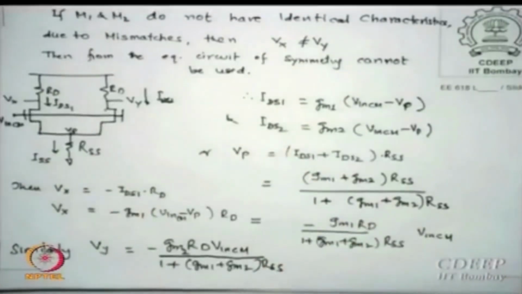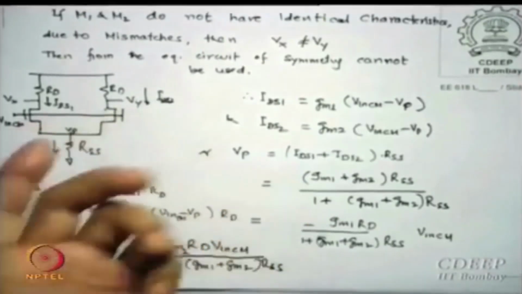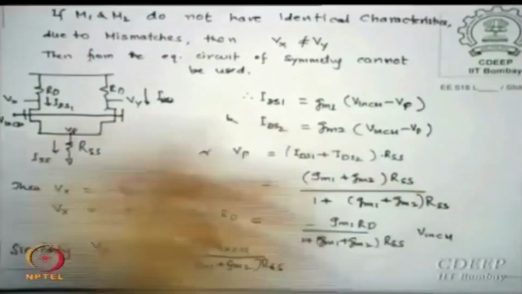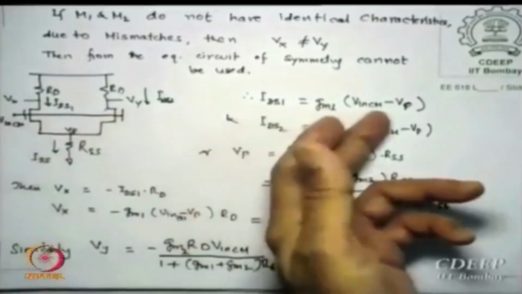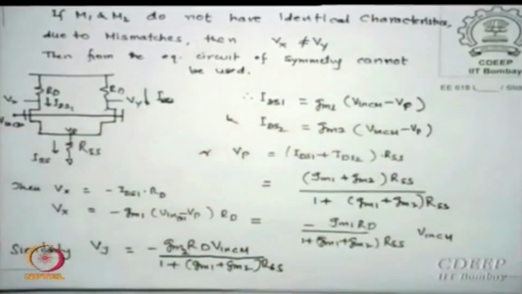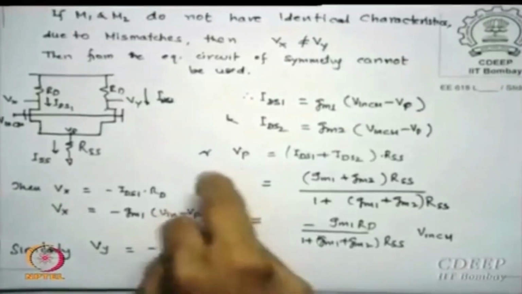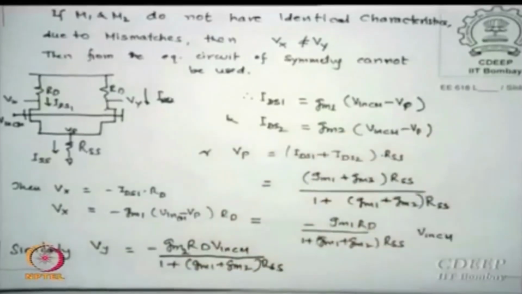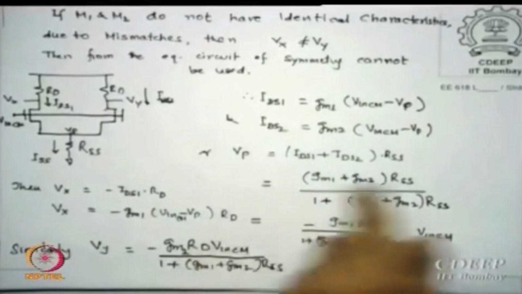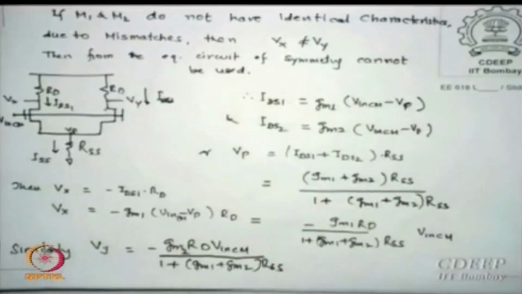Then of course the symmetry arguments should not really be used because they are not really symmetric. We can, but I do not think we should. Then we just calculate the currents, simple. I have one input common mode and let us say this voltage node is Vp. Now IDS1 is GM1 (Vin,CM minus Vp) and IDS2 is GM2 (Vin,CM minus Vp), then Vp from this solution is (GM1 plus GM2) RSS divided by 1 plus (GM1 plus GM2) RSS,